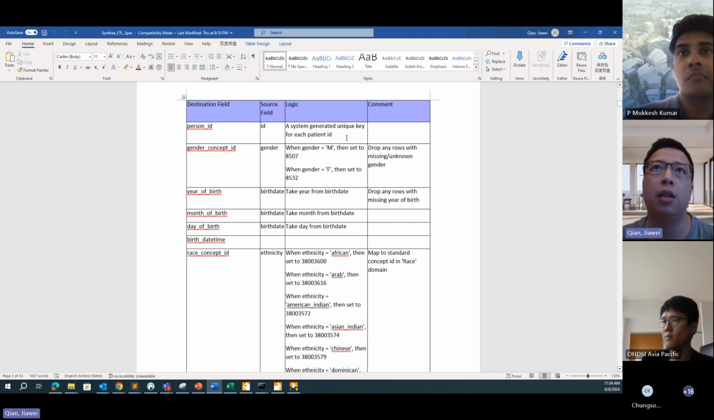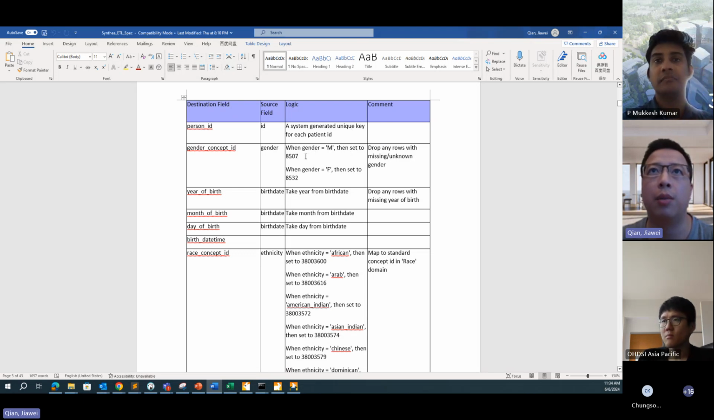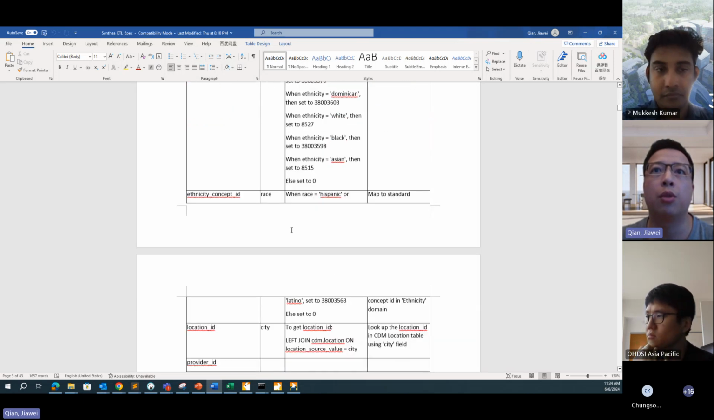For person ID, it's a system generated unique key for each patient ID, and if it's male, M, and F, what I can do is set it to this concept ID and to this concept ID for the corresponding source gender. And also, for example,